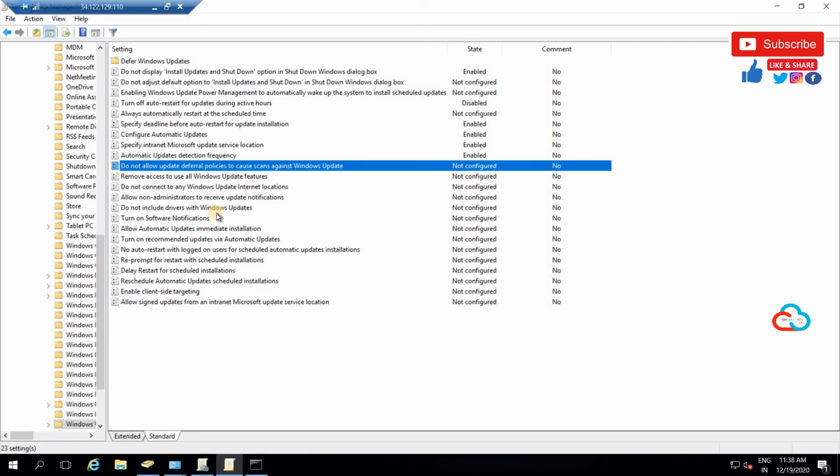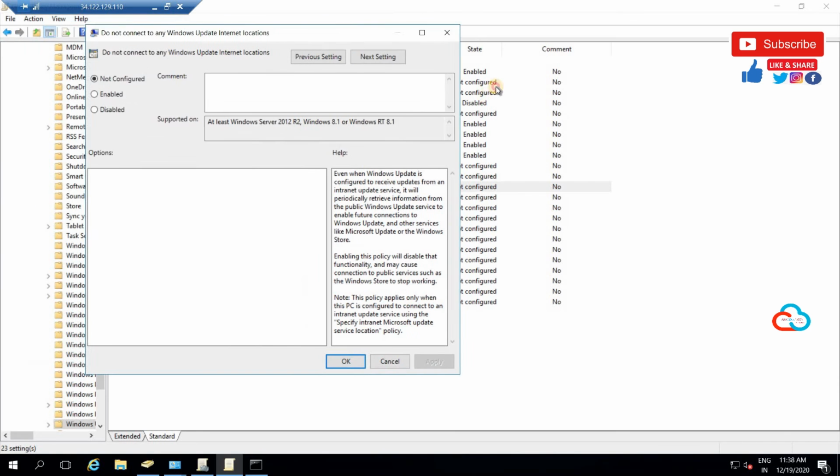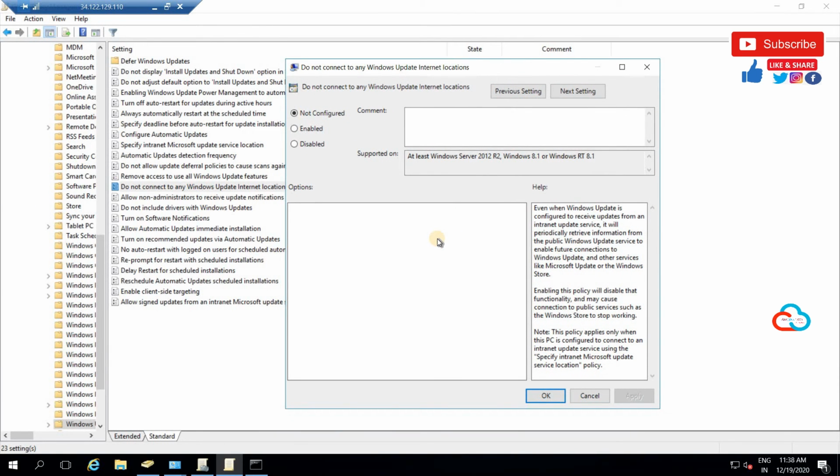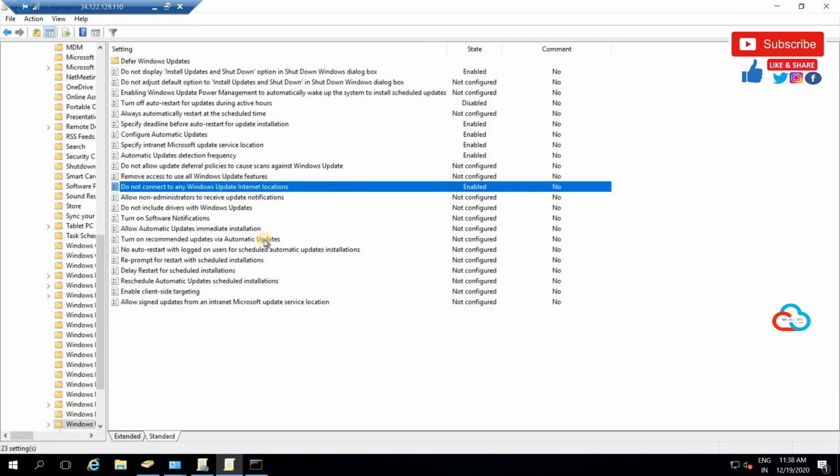Now one more setting which you need to enable or disable for the Windows machine. See, this option is very important. When your machines have internet and you update this setting, your machine will not interact with the internet Microsoft patching locations. So enable this option as well. Other options you can select as per your need. As of now for this video these options are good enough to run with.